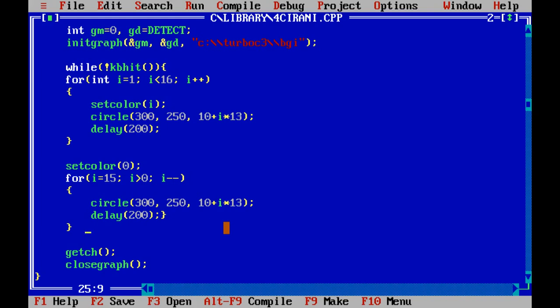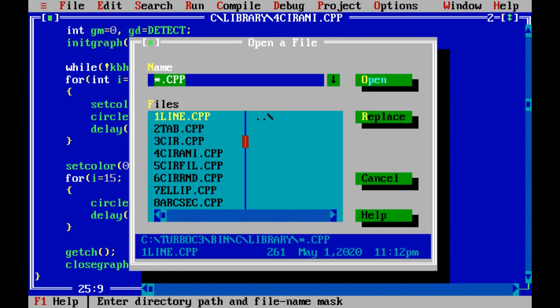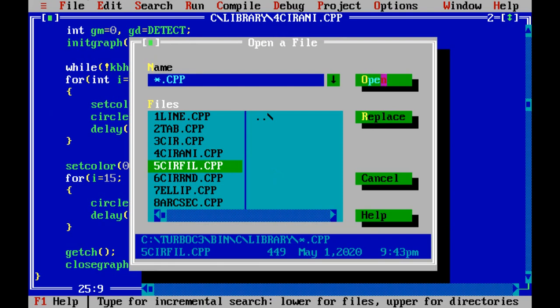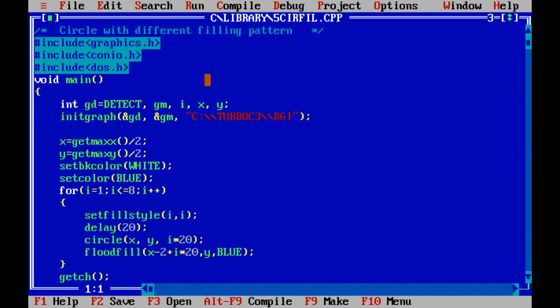Now I introduce the next program. Program title is Circle with different filling pattern.